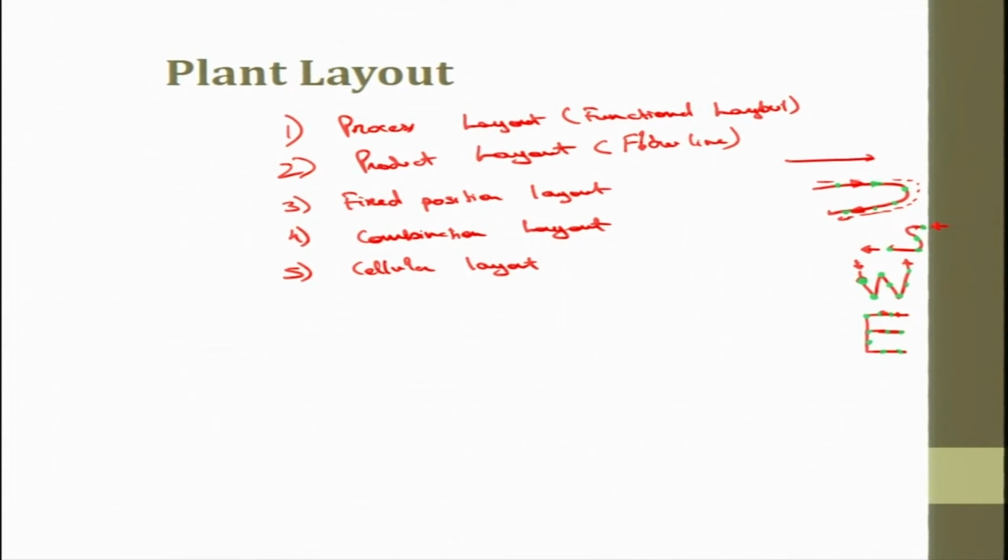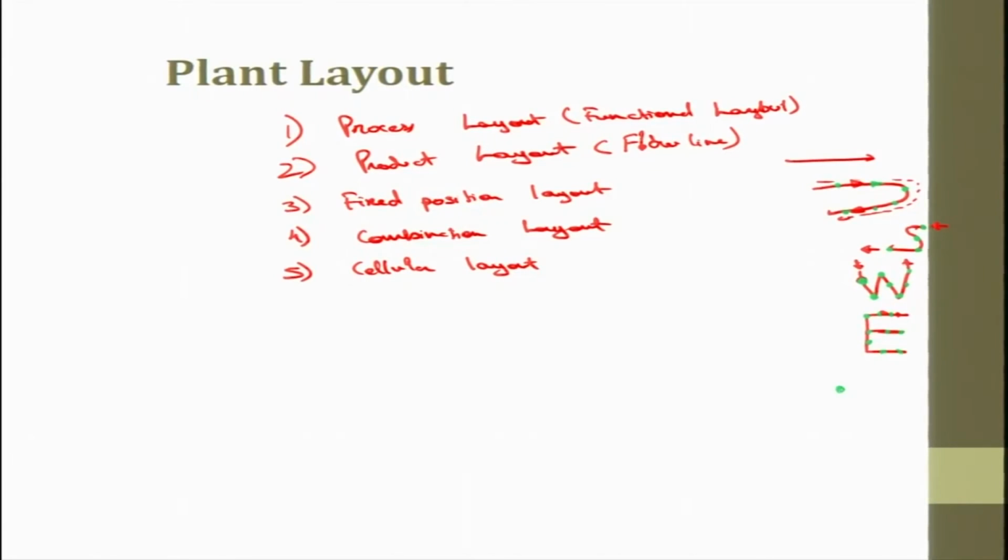If not machines, I can just call them processing units. I am talking about a factory, that is why I am using more mechanical terms like machines, but we can just call them processing units, or I can call a single process.